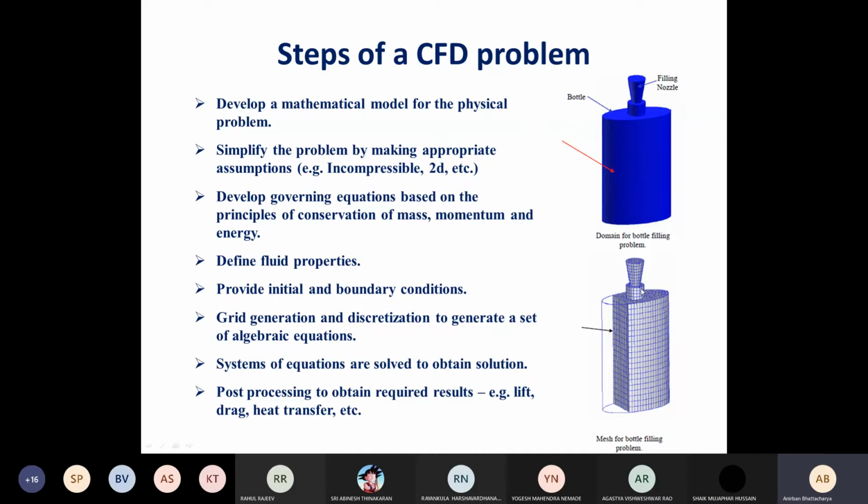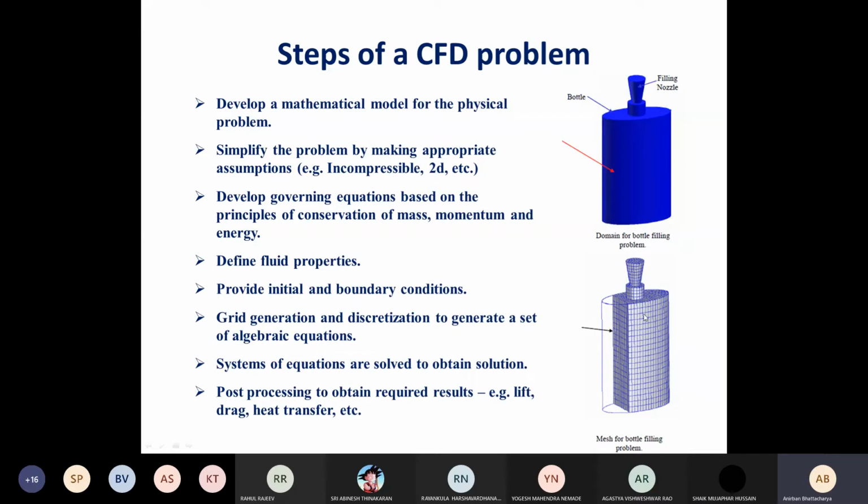Okay, now we need to solve those equations together, and there are different methods for solving it. A crude method can be just to formulate the equations in terms of a matrix, like a coefficient matrix into some unknown matrix. Unknown means unknown U or unknown V, unknown temperature, is equal to some known matrix, and then do matrix inversion. Again, we will have entire classes devoted to discussing the solution algorithms during our course. We will have many classes to discuss solution algorithms, and it will be clear.